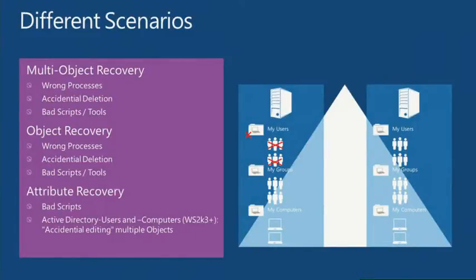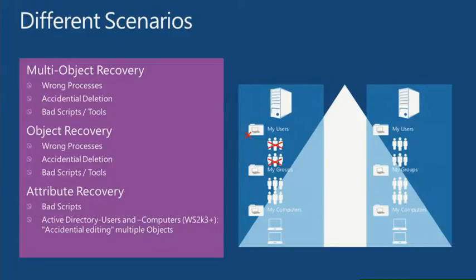If we look not at the domain controller or service level, but at the object level, we have different scenarios. We have multi-object recovery, meaning that we have multiple objects which got deleted or which got changed, and those things are replicating out to all domain controllers. And this is where recovery is becoming very, very hard, because we have to figure out how to get the